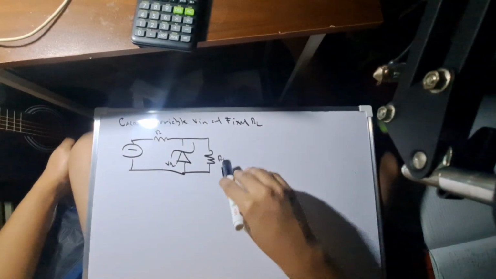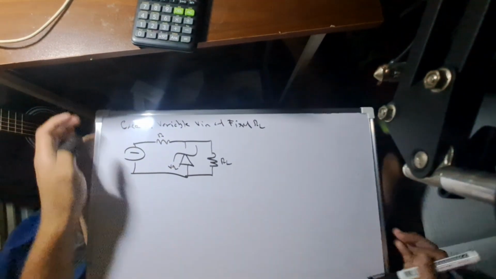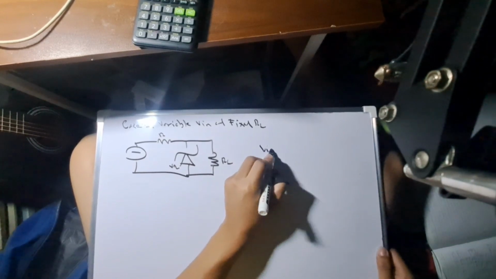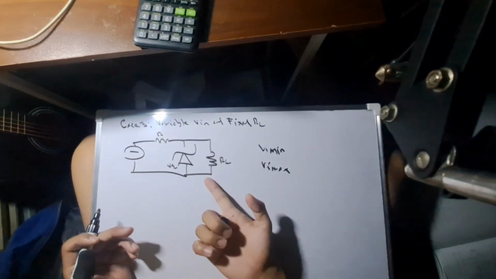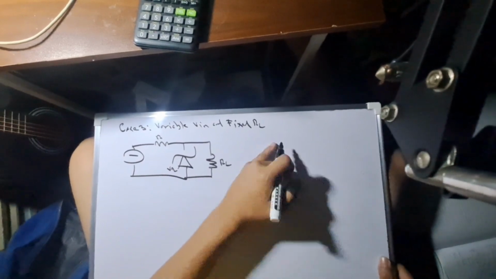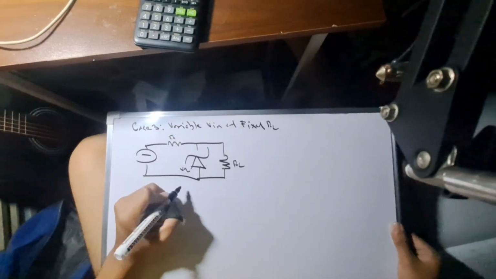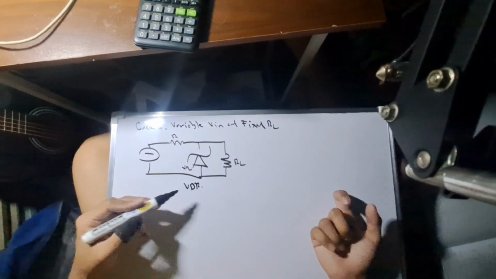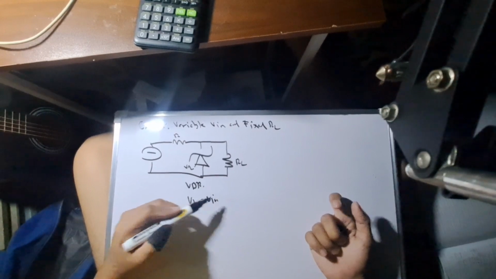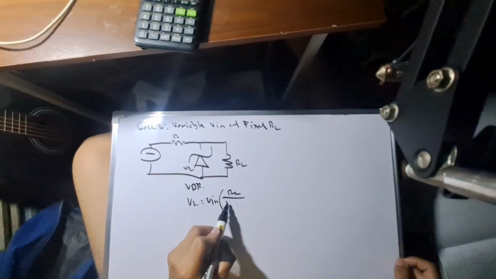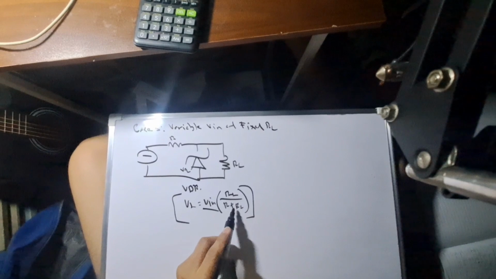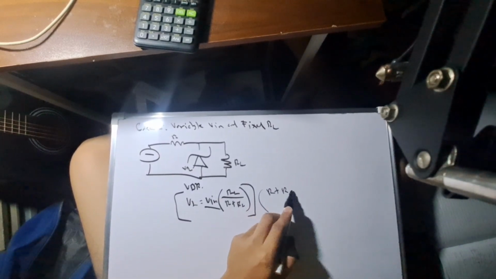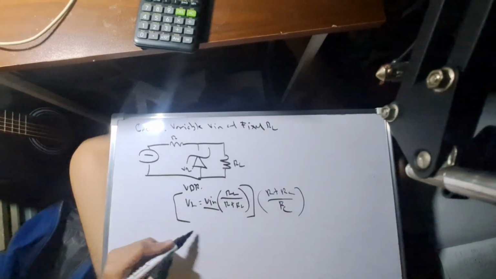Case 3, variable Vin and fixed RL. So, kung ang case 2 nag-iiba si RL natin, dito naman nag-iiba ang Vin natin. So, kung ganun ang nangyayari, tulad ng kanina, we have a minimum and a maximum. Since voltage na to, isa na lang siya. Wala na tayo, hindi katulad ng RL kanina, may IL pa tayo. So, let's derive from VDR. VL is equals to Vin over RL, R plus RL. Pero ang hinaharap natin is si Vin. So, let's reciprocate this. R plus RL divided by RL. Makancel to. Therefore, we have Vin